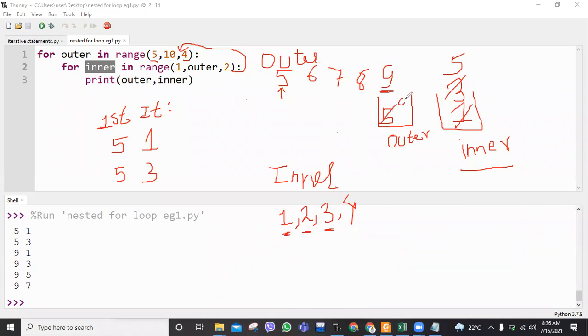The outer variable will be updated as 9. Again, the program controller gets inside the inner for loop. What we have to understand here is that the inner for loop always gets reset in every new iteration after receiving new values from the outer variable.